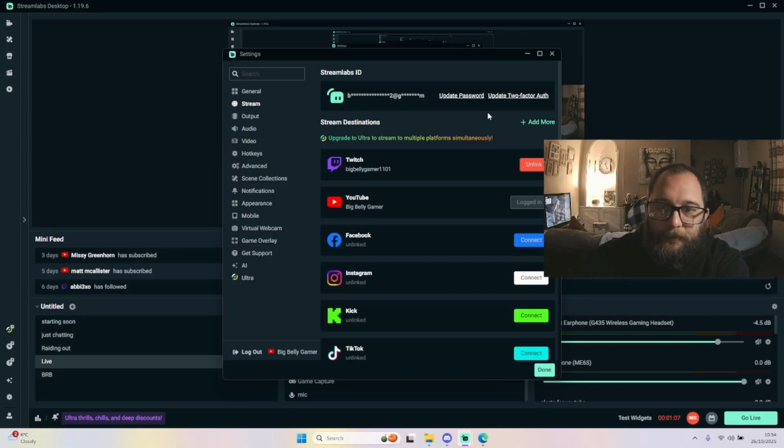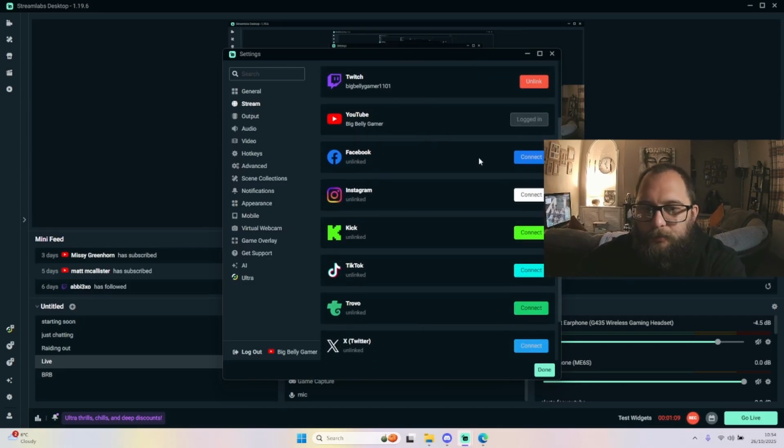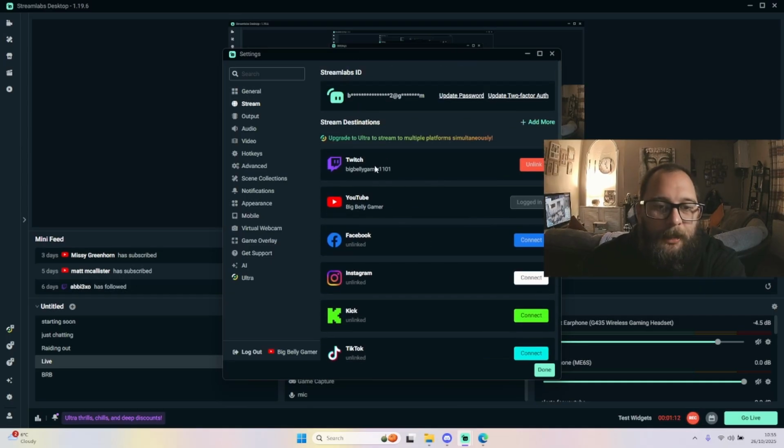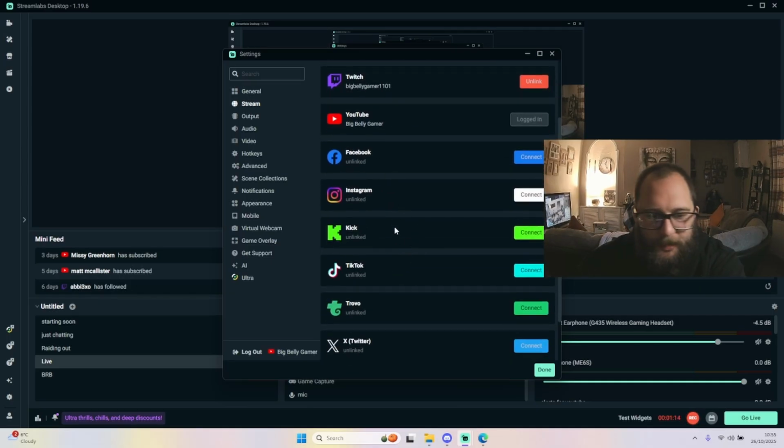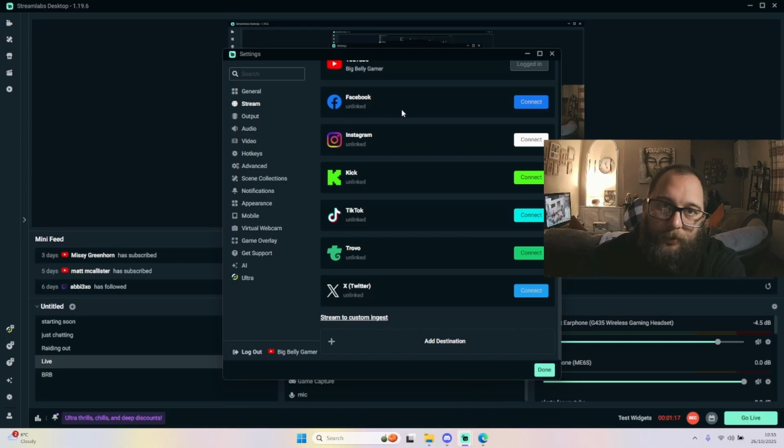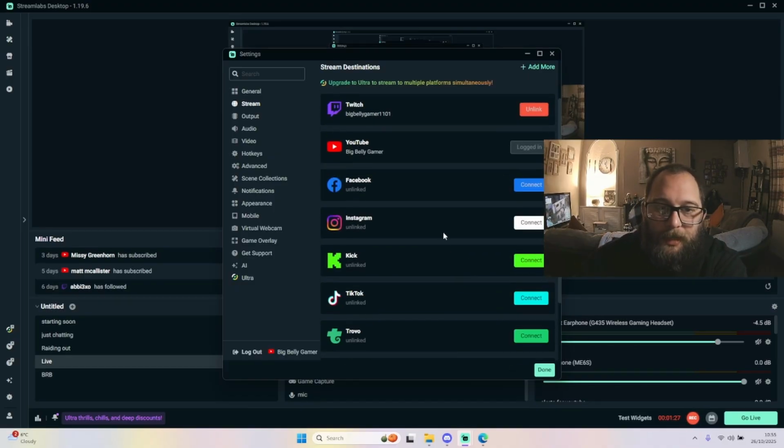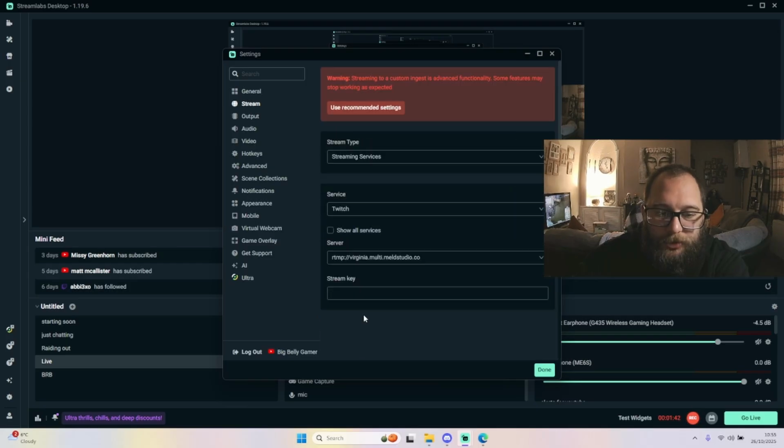you go to stream. Now on here it will give you every option that you can currently stream for, like Twitch, YouTube, Facebook, Instagram, Kick, TikTok. You can do them all here. What you want to set up is stream to custom ingest. So you can add a destination and you can add it in that way, but unfortunately what will happen is it will force you to try to also stream to one of your linked accounts. We don't want that because the linked accounts are where we're streaming to, and we've already set them up with Meld Studio. So we're going to stream to custom